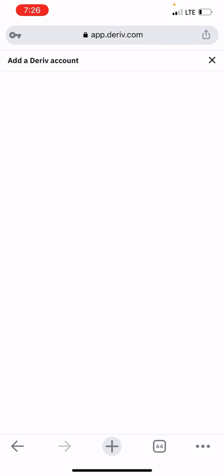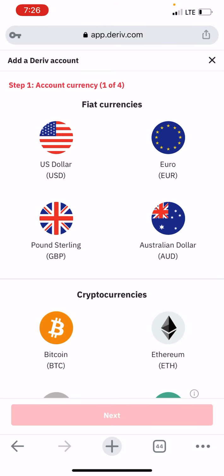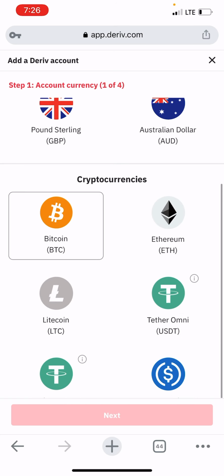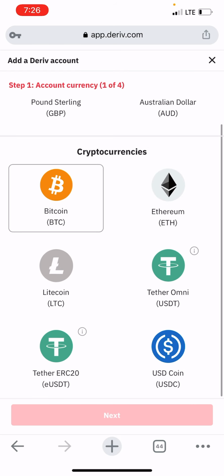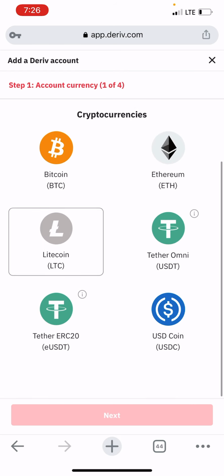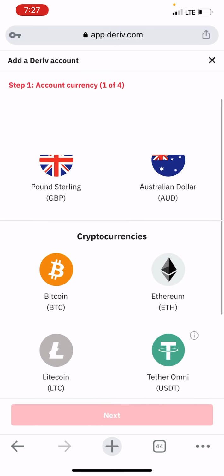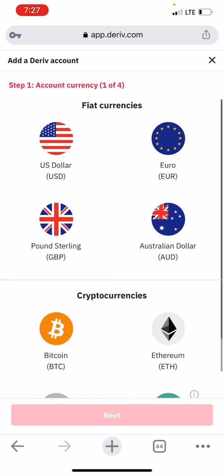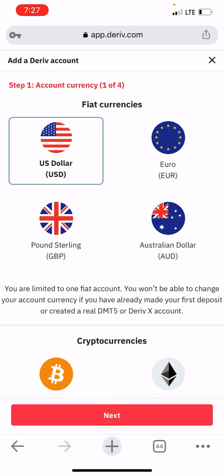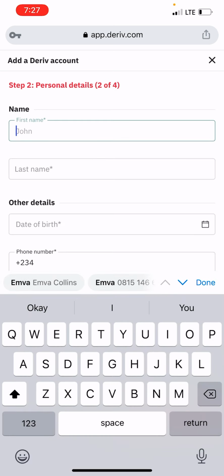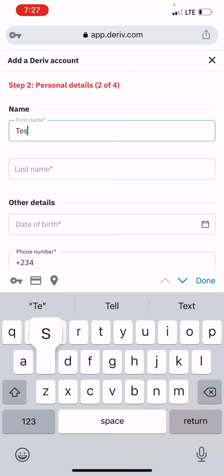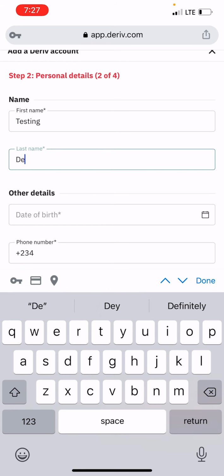You click add on the real account. You can open a dollar account and a euro account, pounds account, whichever one. Or if you want to be depositing and withdrawing with cryptocurrencies, you open either a Bitcoin, an Ethereum, or USD account, whichever you wish. But in this video, I'll open a US dollar fiat account, which I click next, include the first name. So according to our email address, I'm gonna use testing, then the last name Deriv,